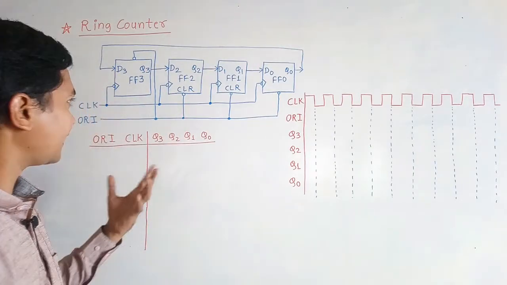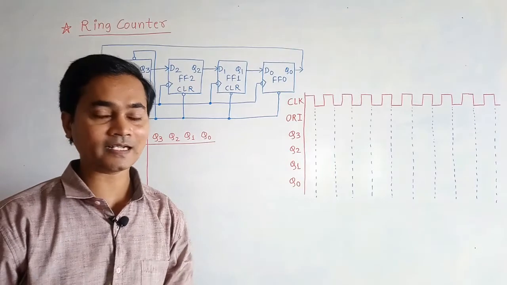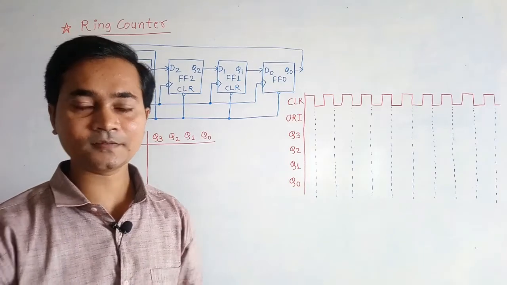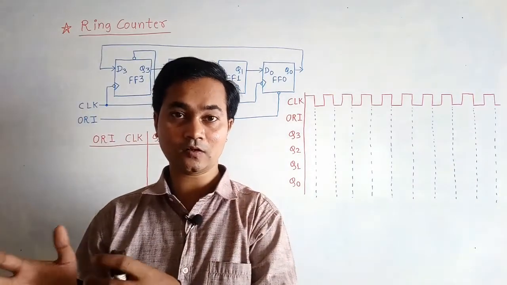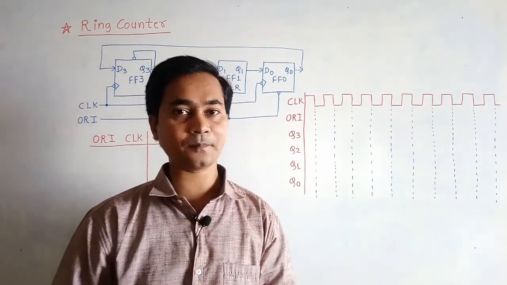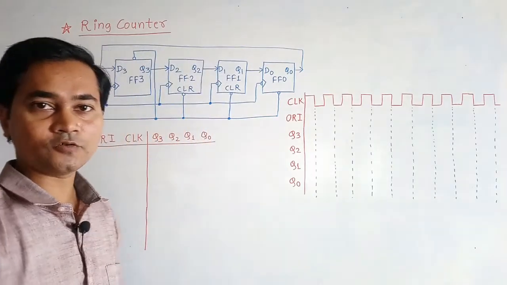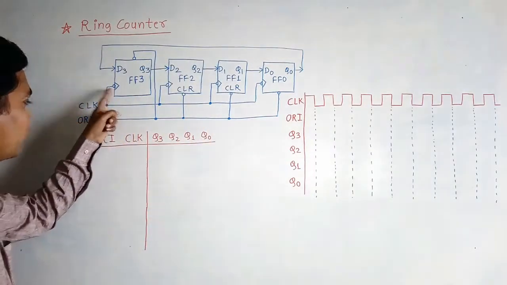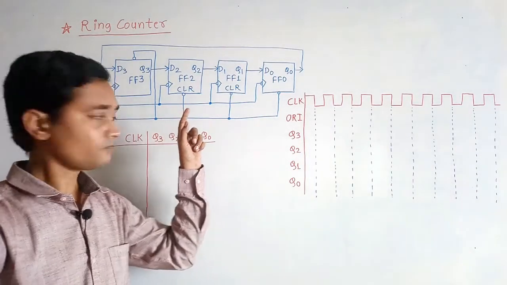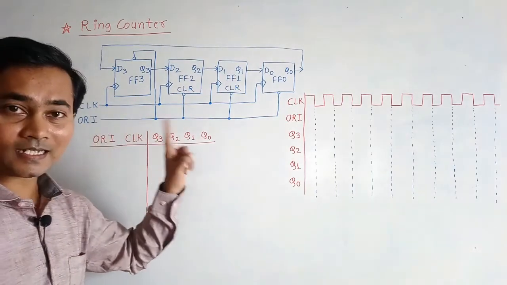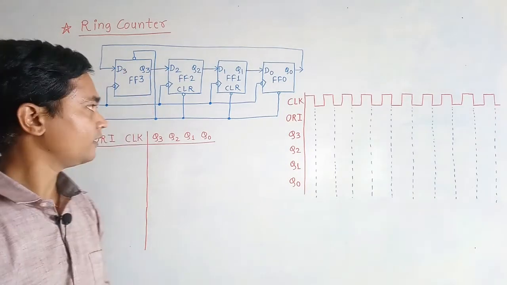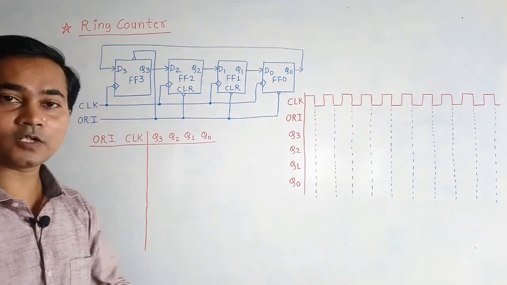The other signal used, as you know very well, is the clock signal. Depending upon the clock signal the flip-flop works, that is, whatever input is available at the D input is shifted to the Q whenever the clock is applied. Here we are using the negative clock; the bubble indicates this negative clock. Whenever the falling edge occurs at the clock input, only then the input will be shifted to its output.